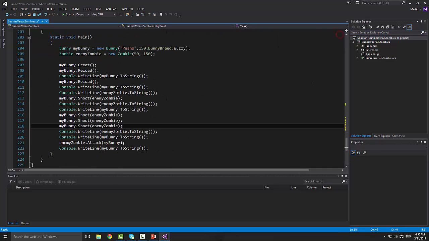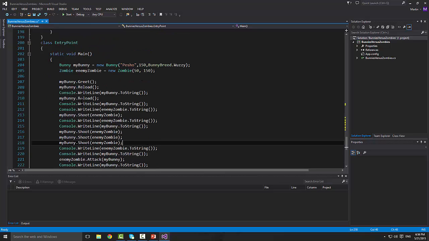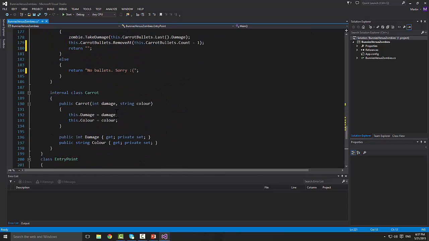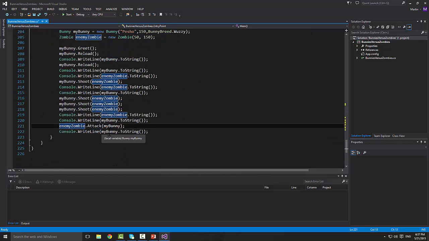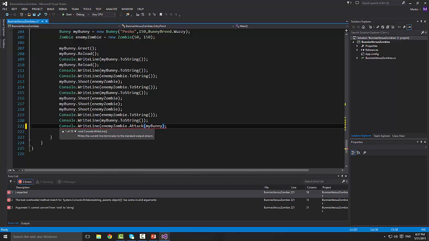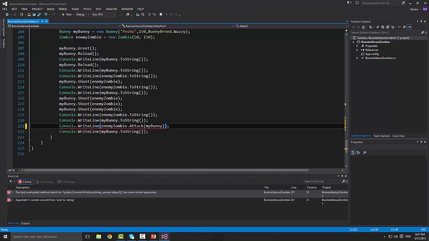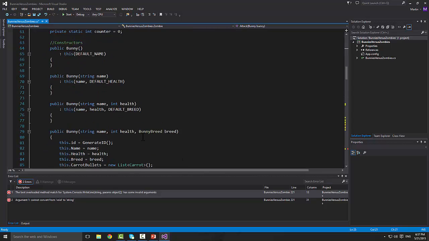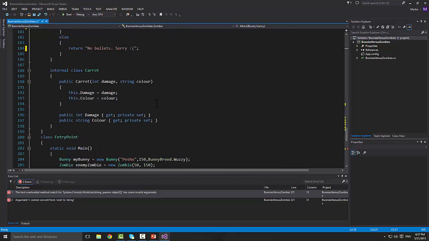And if I wanna print something, instead of saying bunny shoot, maybe something that I have enemy zombie attack. So if I wanna have the message to print, I should just say console.writeLine if there is a message to be sent. Otherwise, all of the operations will be done. Maybe here I don't return string. Yeah, I don't. Okay, never mind. So, anyways,